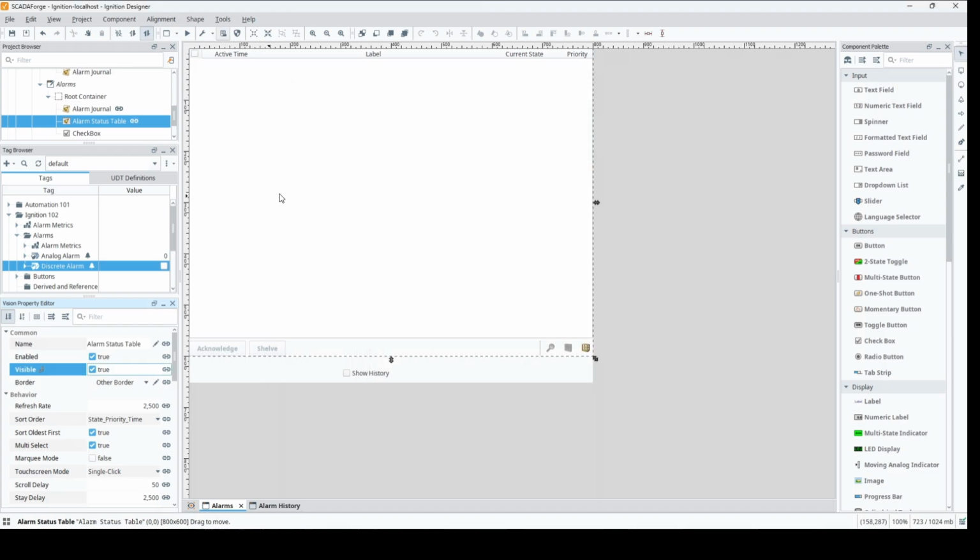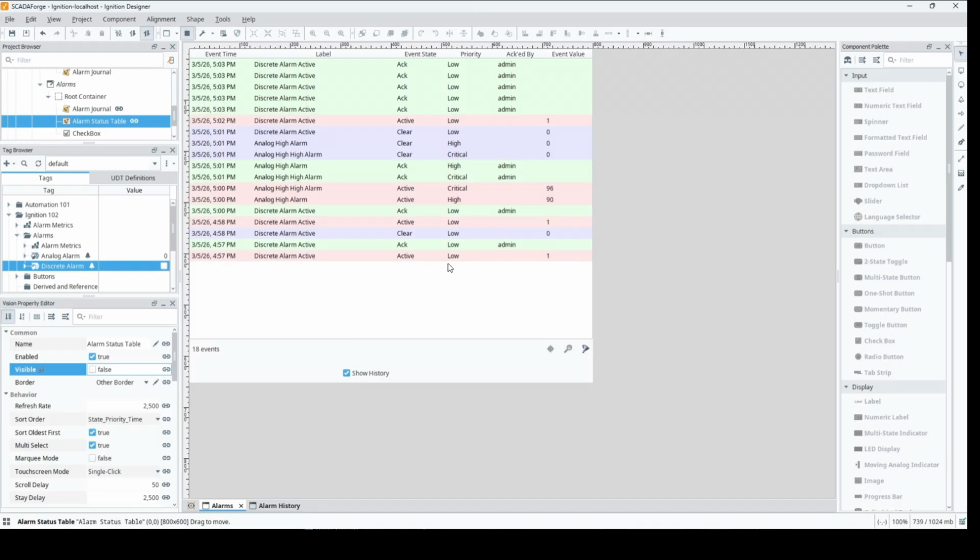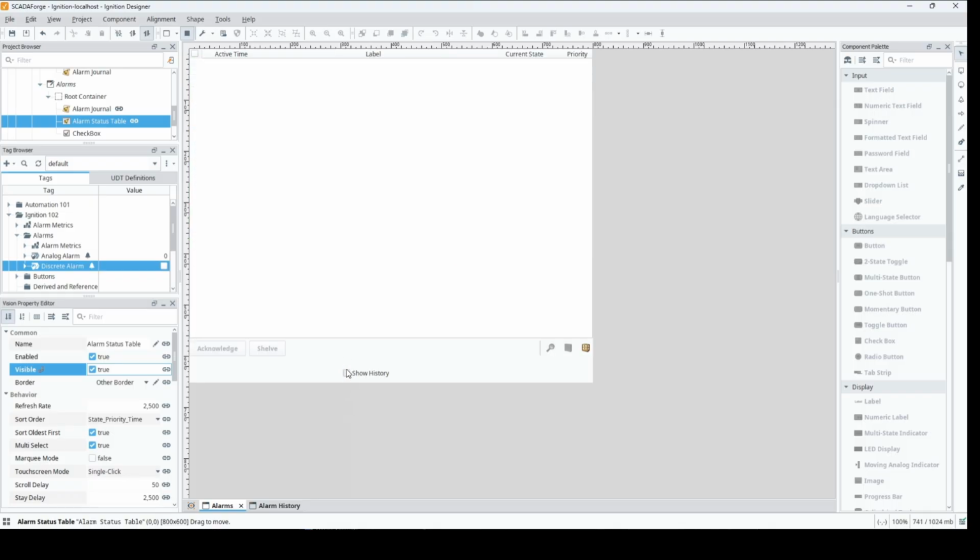So what this will do is, using this checkbox, it'll either show us the alarm status, or if we check that, it'll give us the alarm history. So this gives you a way to view alarm current status and history without having to do two screens. And that's a very common use case